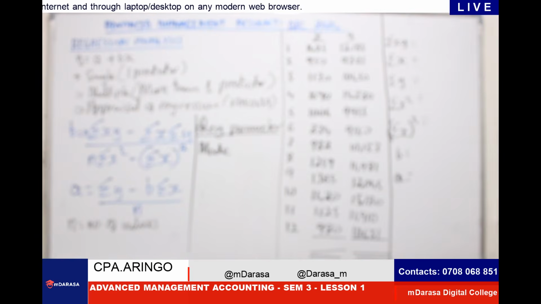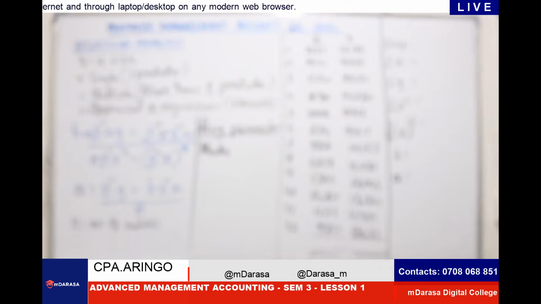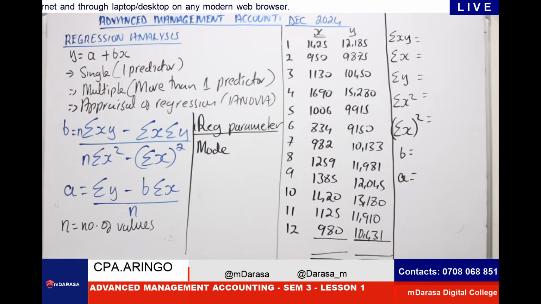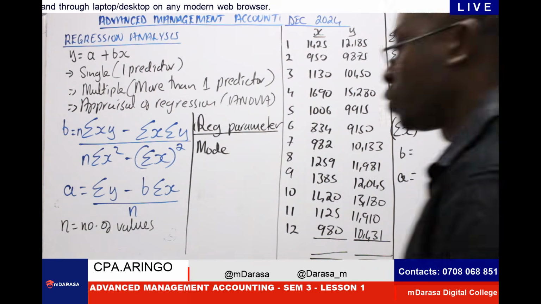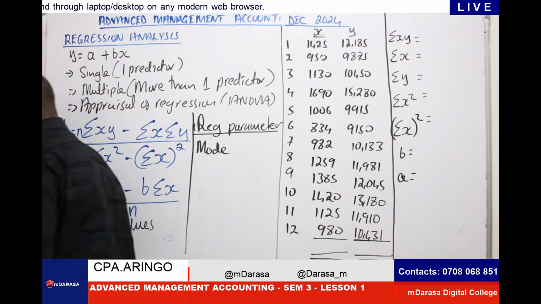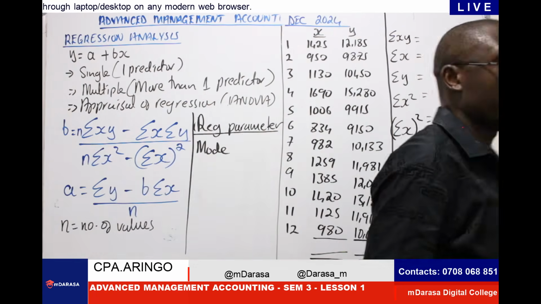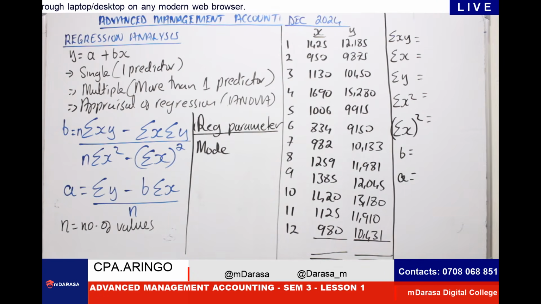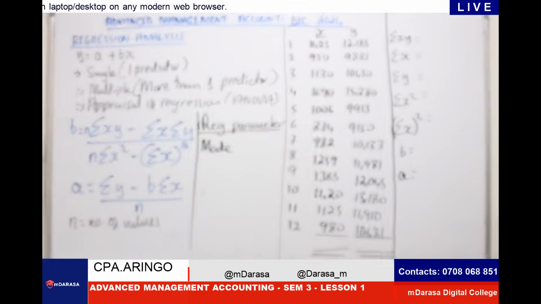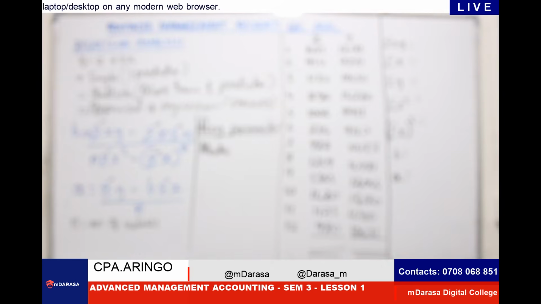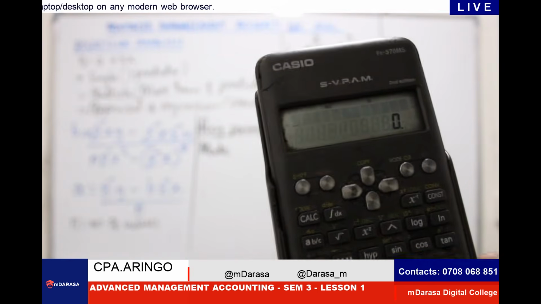Once on the regression mode, going back to our board, this is what I want us to do together. Once on the regression mode, we want to input our values, starting with the values of x. I believe you have the values. So this is what we're going to do. I'll just do this here together. Believe that my calc is visible.